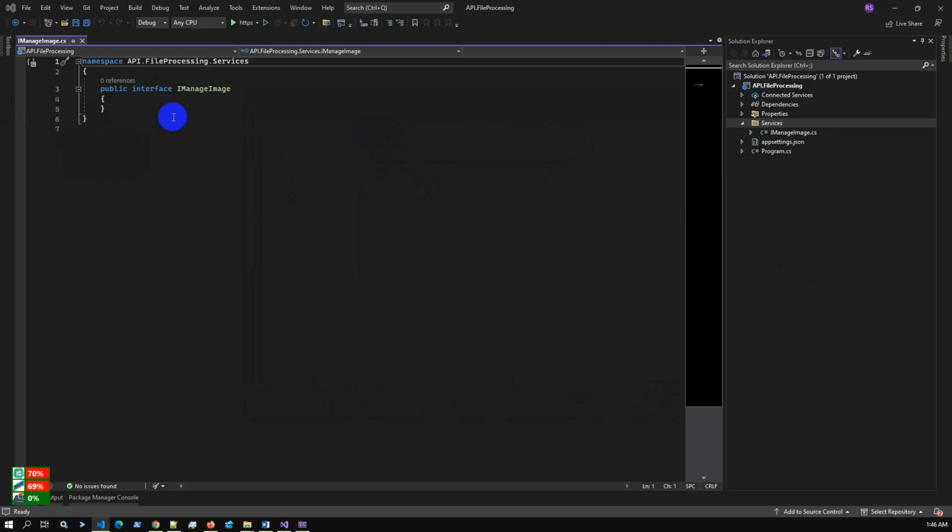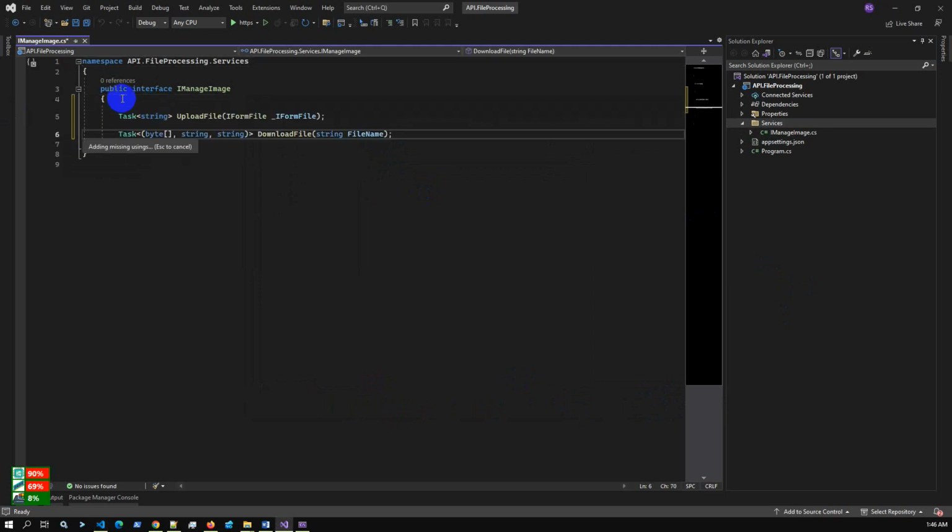So we'll define two methods here as an interface contract, like upload file and download file. Upload file takes the file details from the user input, and download file